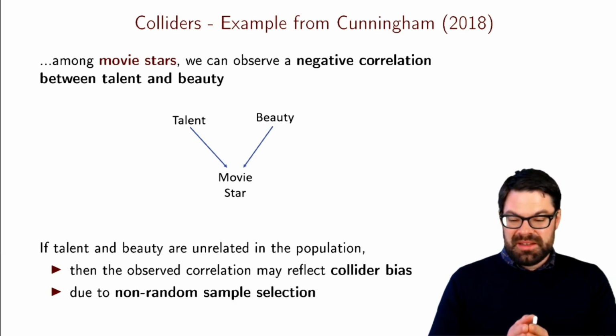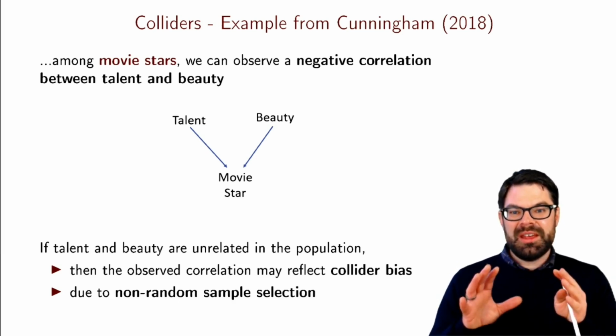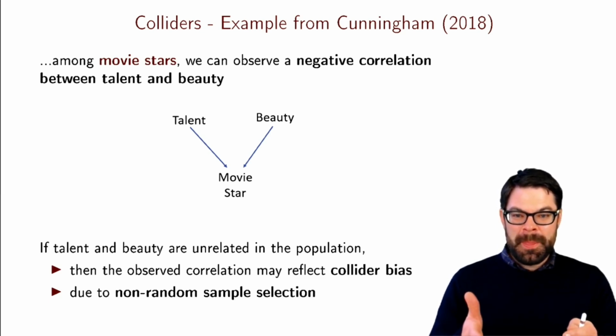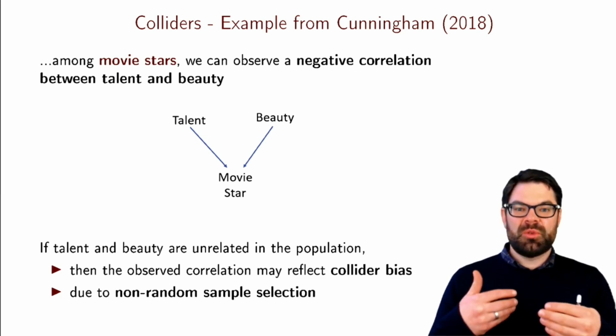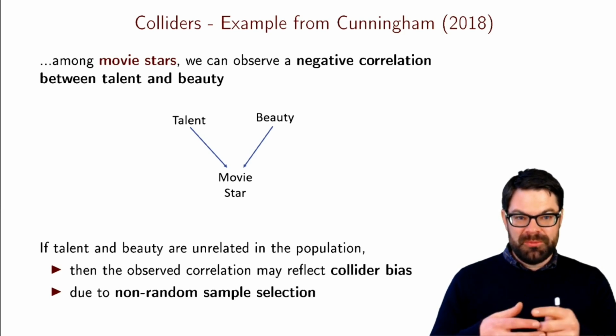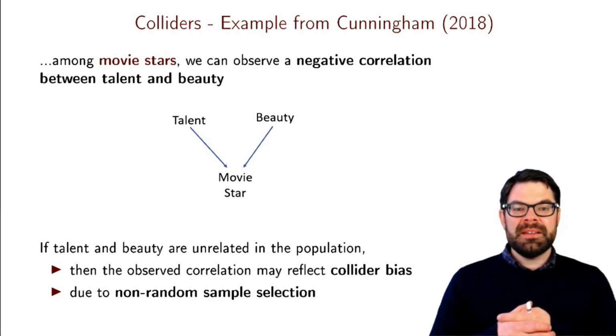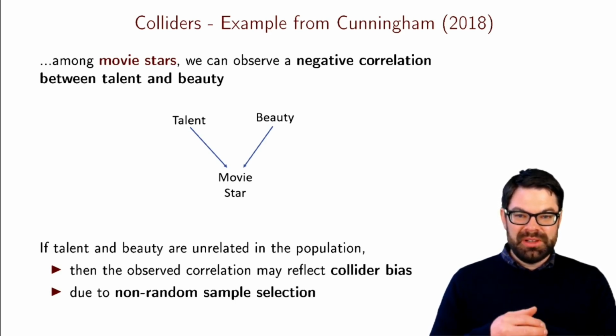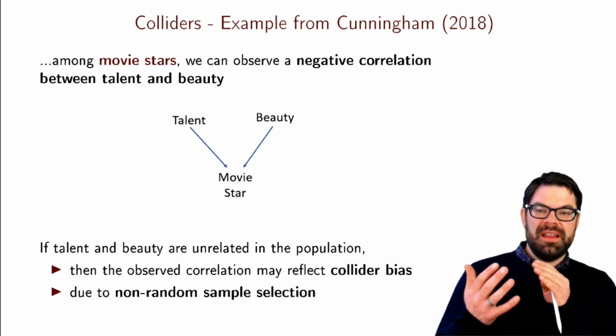So let's start here with an example that is admittedly a bit silly, but gets the message across quite well, I find. So this is from the Causal Inference Mixtape, and the example Cunningham gives here is to say,